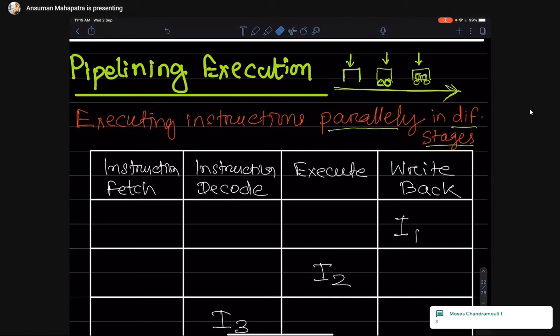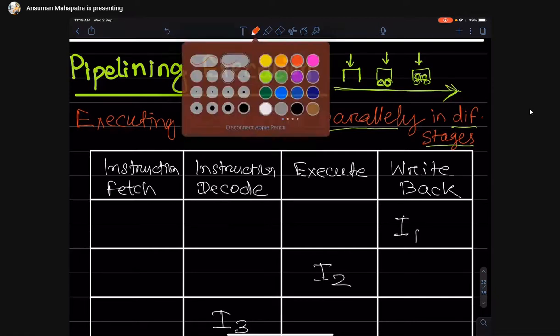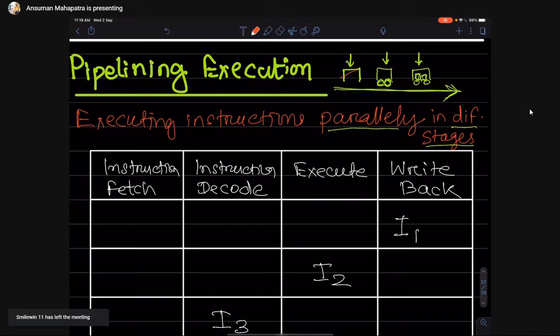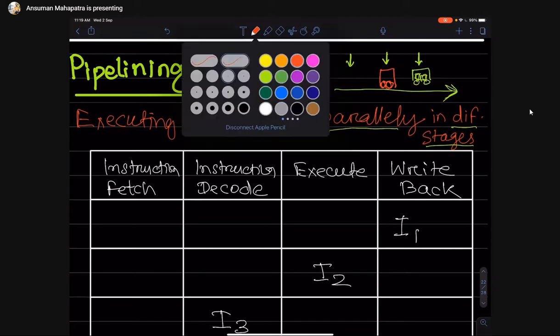But let me draw this. Suppose this car has already finished the first step, and now the car is in the third step. What about these 2 places? These 2 places will be empty. So why not feed the second car here? The second robot will do the fixing of the wheels for the second car. What about the first place?